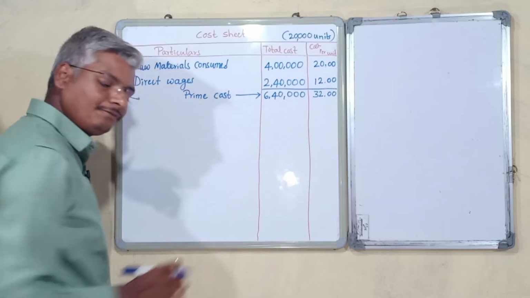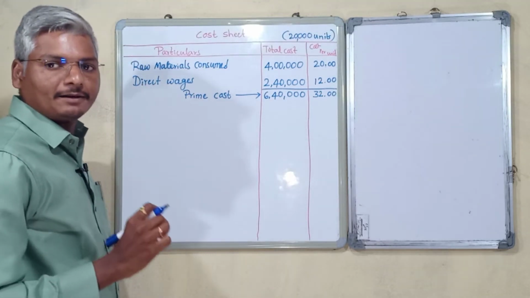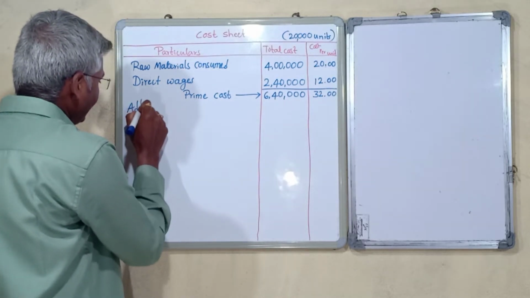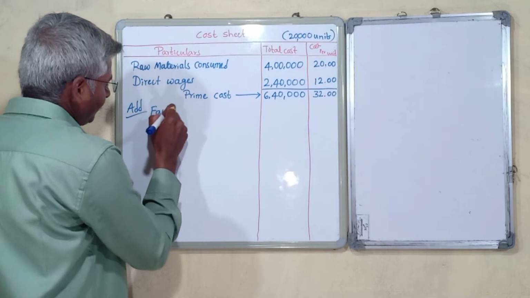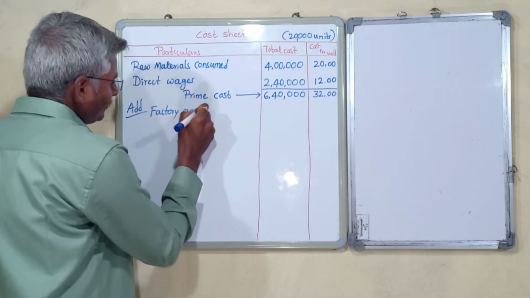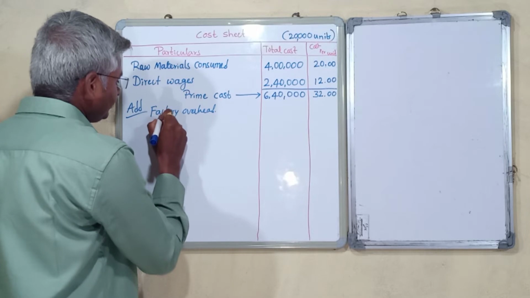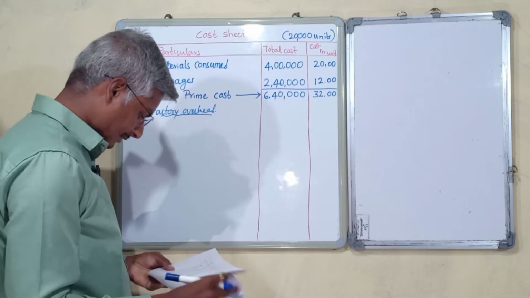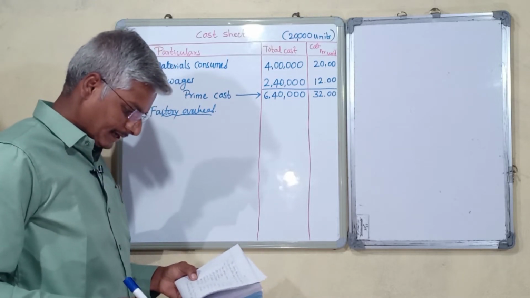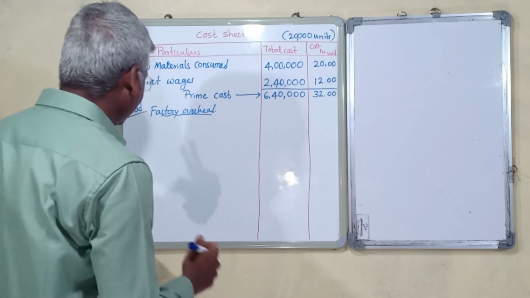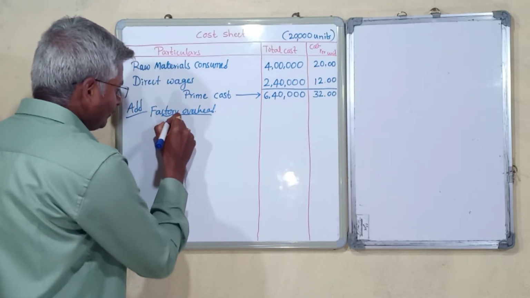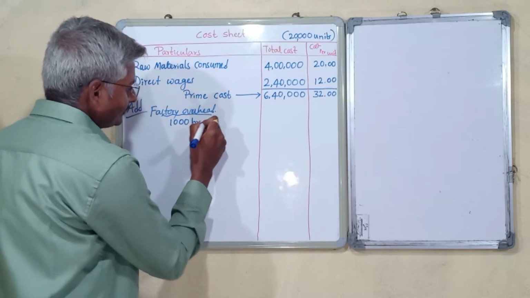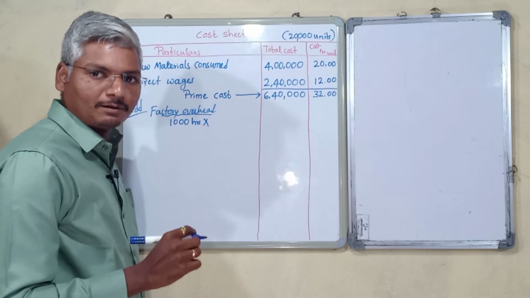Then for this we need to add factory overhead or manufacturing overhead. Here add factory overhead. In the problem they have mentioned factory overhead is based on machine hour worked and machine hour rate. So here machine hour is 1000 hours, so the per hour